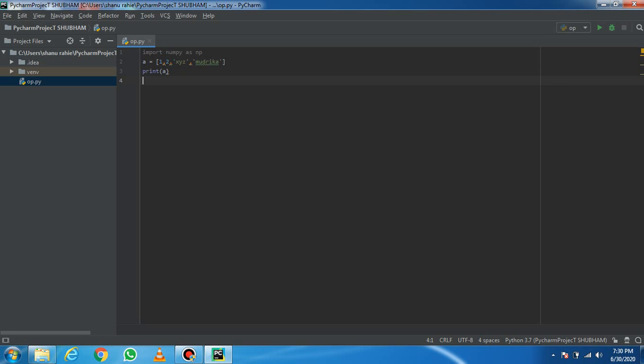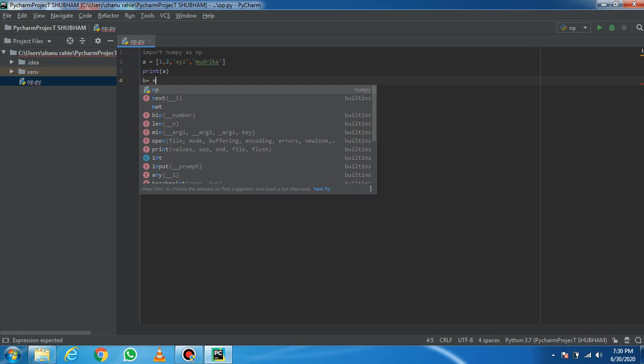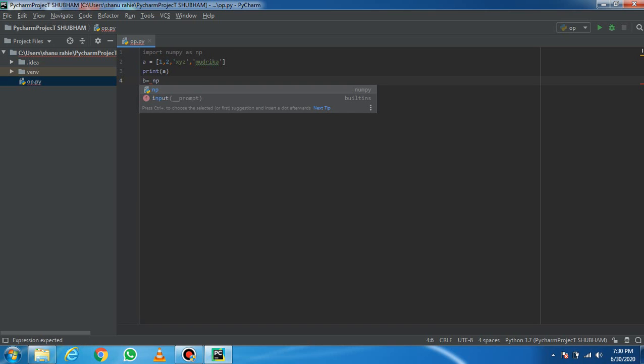Now next I will build a NumPy array. I have named it b is equal to np dot. Wherever you are using a NumPy array, you have to put np, so that here only values of the NumPy array will be stored.